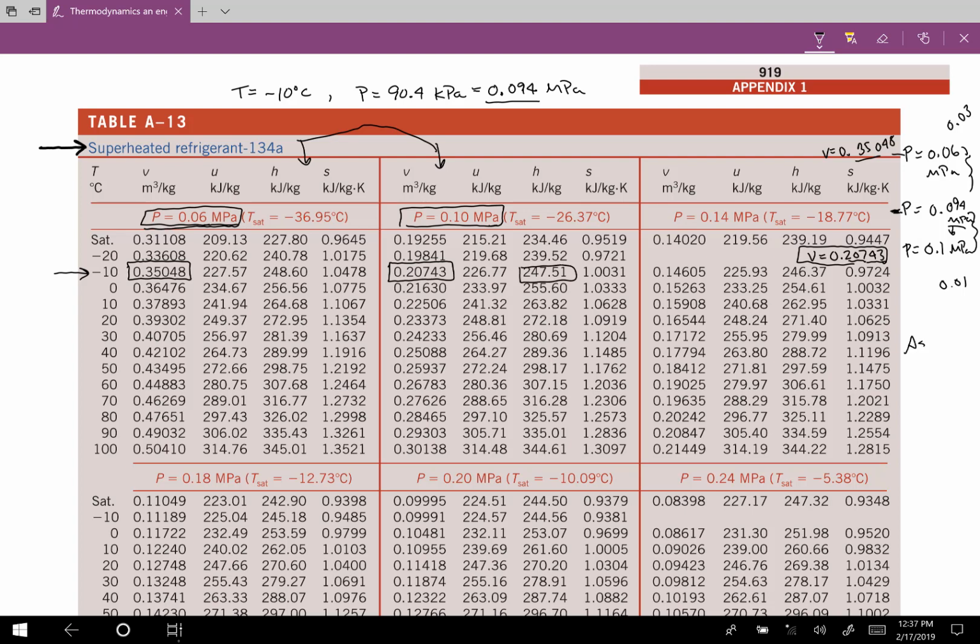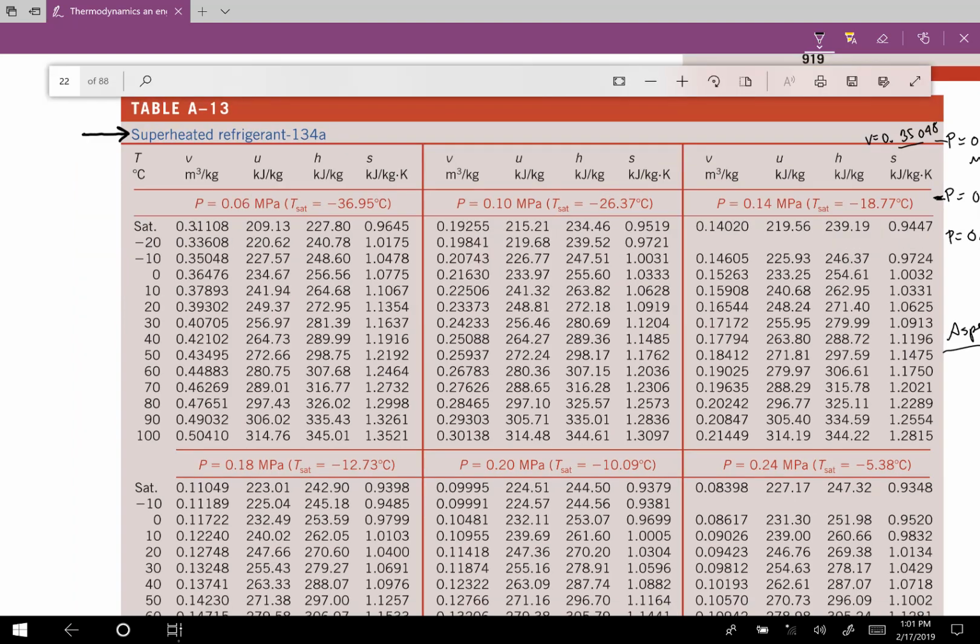So one software package that you can use for this is Aspen. I'm not going to be showing you how to use that, but that's an option to look up exact thermodynamic data. A lot of this data is available online as well, so there are different ways that you can look this up. So basically, probably the most exact way is to not use this table since the value that you need